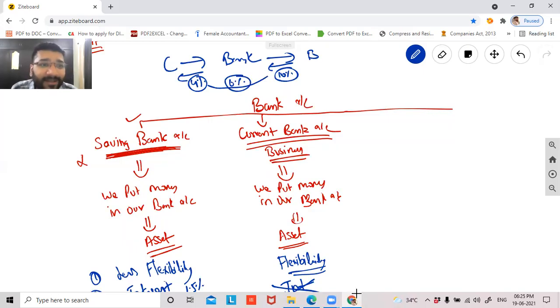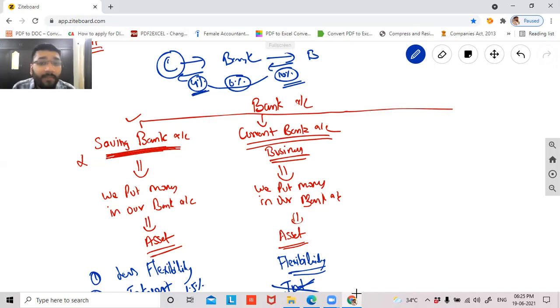Tell me, guys. What is the banking business? Banking is all about getting and lending. Banking business is lending money. Why are banks in the system? To lend money. Where will bankers get the money to lend? They'll get the money from customers like us, where we go and deposit money in a bank account. From that money, they will give to the business people and earn interest. So the banker will use our money to give to the businessman and he will earn 10%. And in return, he will keep 6% and give the 4% to us.